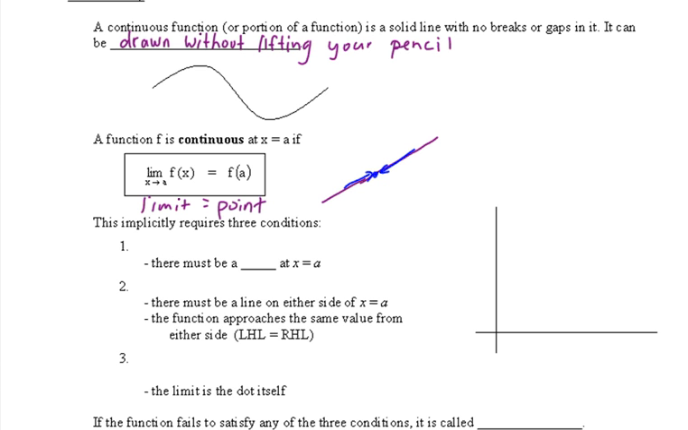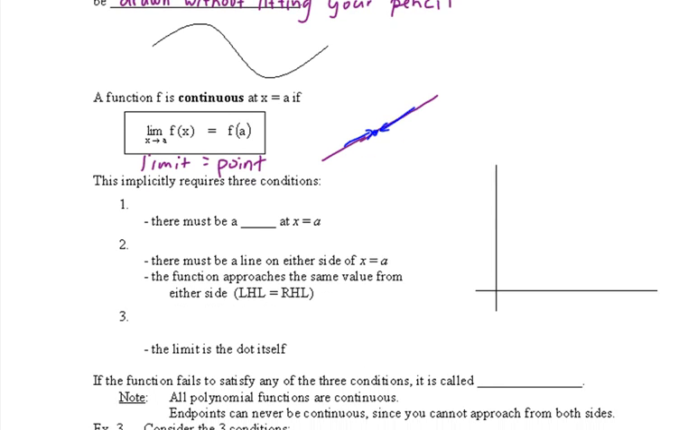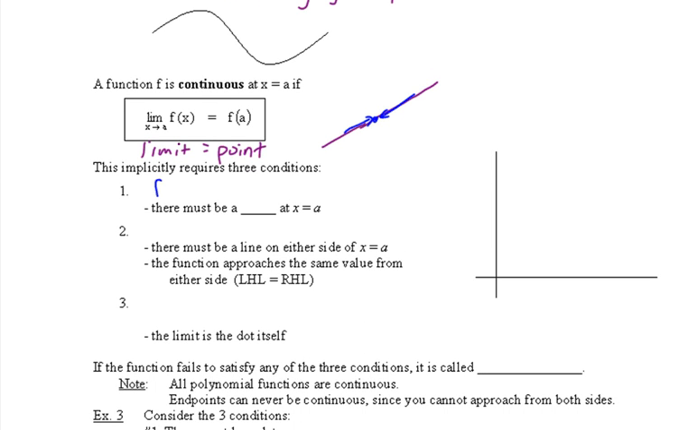Yeah, but it wouldn't be continuous. Yes. Okay, so 3 conditions for continuous. So f of a, the point, is defined. Meaning there's a dot, right? There's a dot, or the point actually exists, for it to be continuous. Okay? The limit,